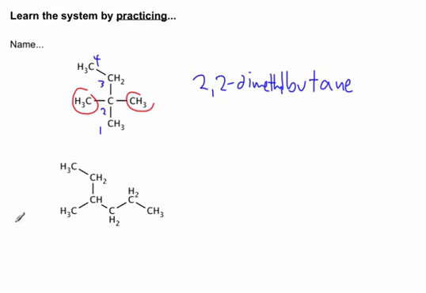How about this one? Start by getting the longest continuous chain. So if I, for example, did it from here, 1, 2, 3, 4, 5, and called that an ethyl branch, you have a 5 carbon chain. But if I number from here, 1, 2, 3, 4, 5, 6, I get a longer chain. So that is my main chain, and that happened to be hexane because it's 6 carbons. And on carbon 3, I have my methyl branch, so it's 3